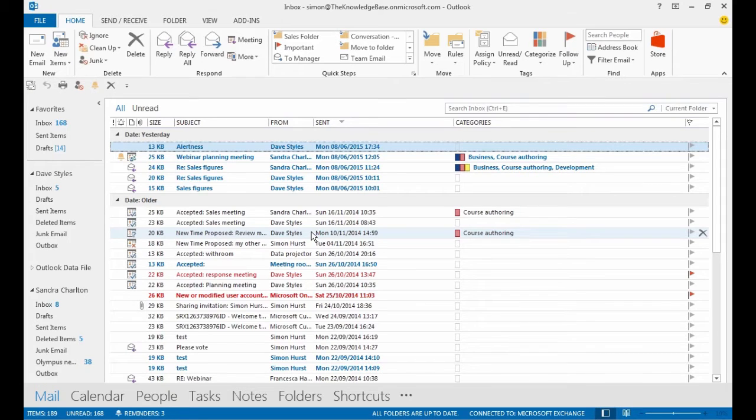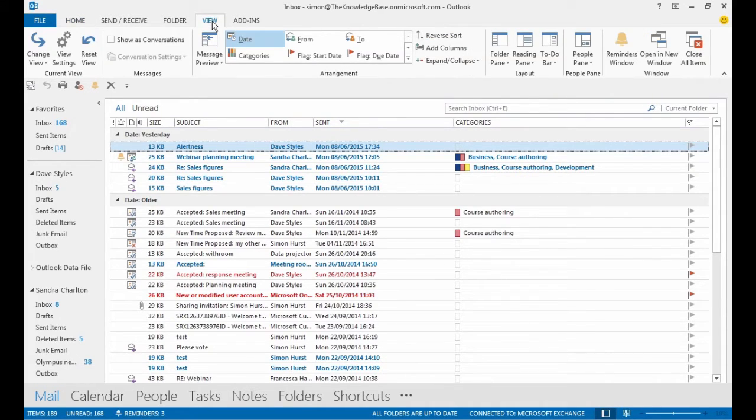Some things you'll already know well. If you want to change the way your emails are sorted, that's very straightforward. You can just click in the column headings. We'll look at some of the slightly more complicated view settings. If we go to the View ribbon tab, you'll see that at the moment I'm just seeing a list of